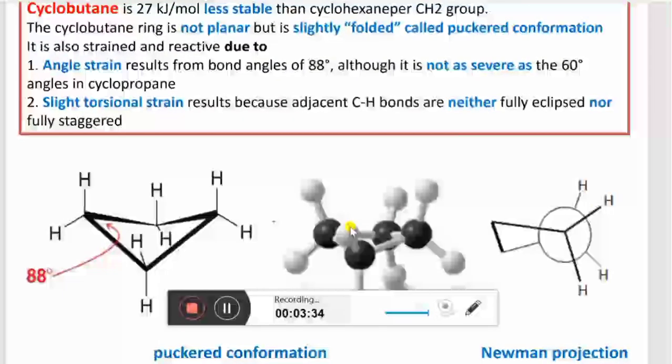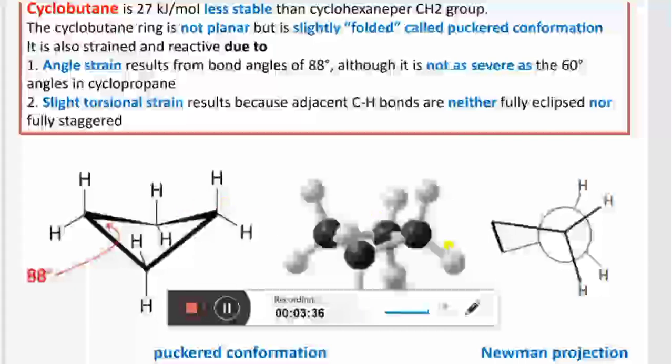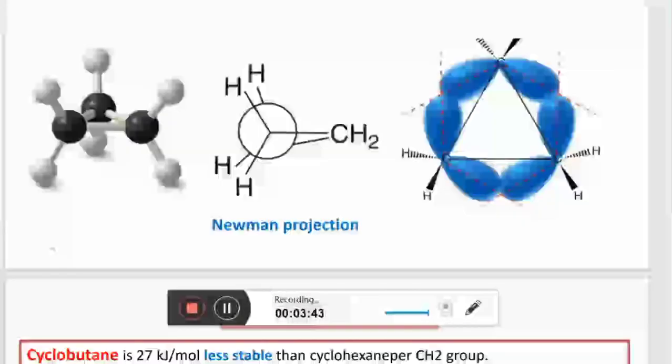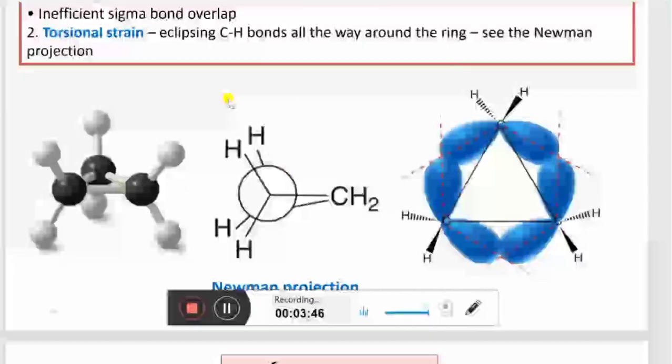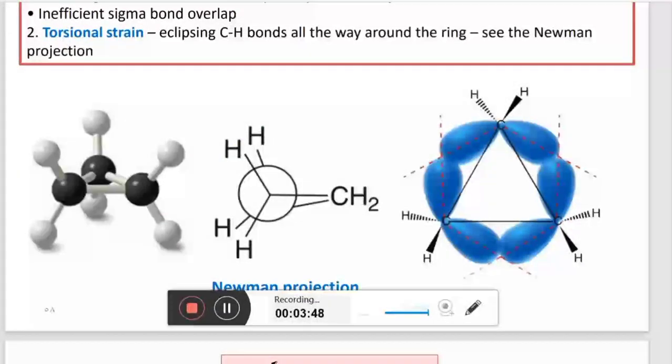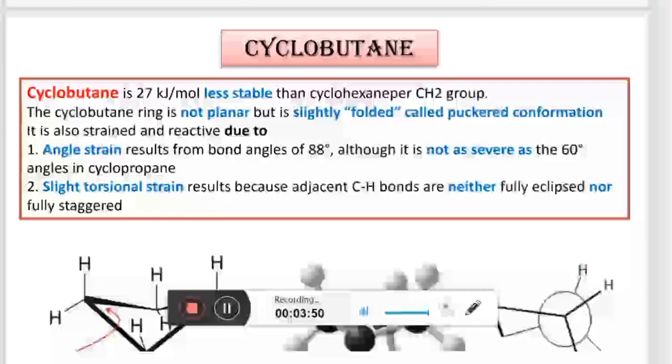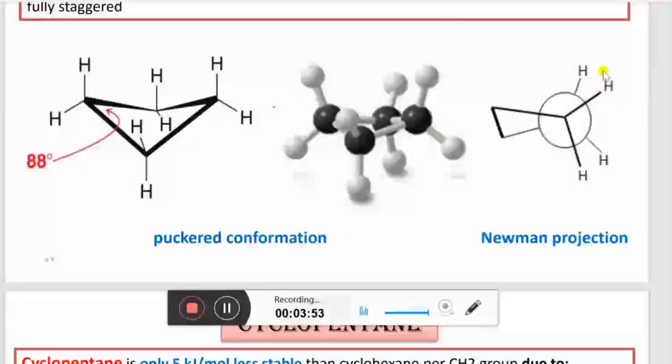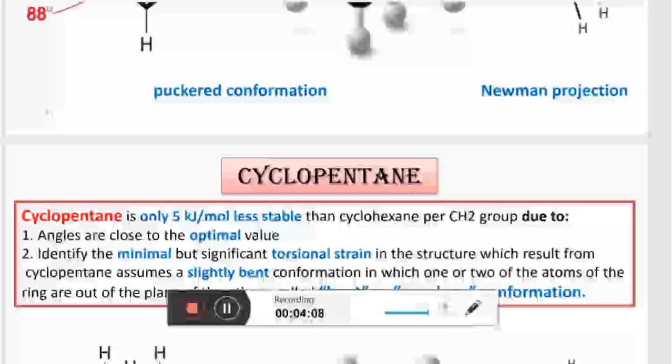You can see that in the cyclopropane the two hydrogens were facing each other, like I can show that. Here you can see that these two hydrogens were eclipsed, but in the cyclobutane you can see that the two hydrogens are now gauche, right? So they are gauche staggered. In this case they have relieved the steric strain, the angle strain, as well as the torsional strain.